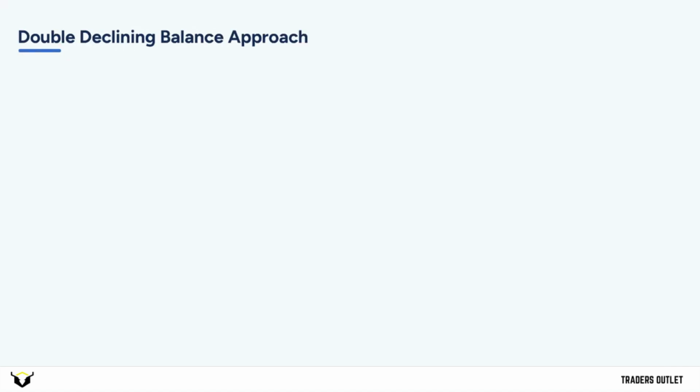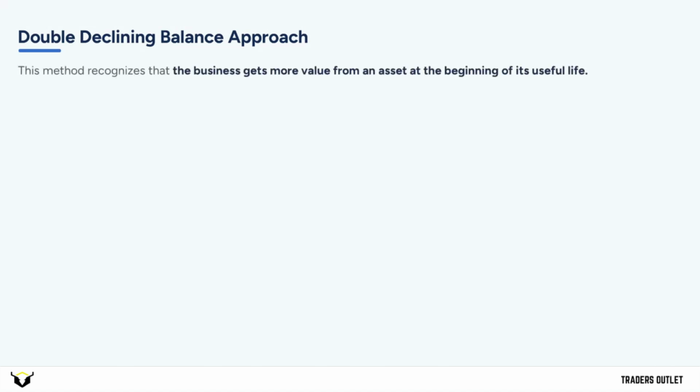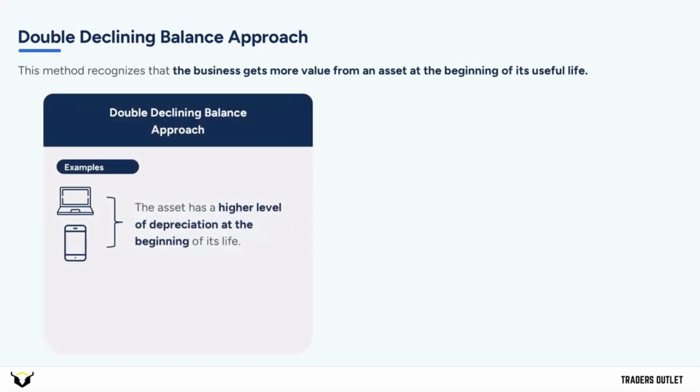Now, let's look at another popular depreciation approach. It's called double declining balance. This method is really the most appropriate where an organization expects to get more value from an asset at the beginning of its useful life. The equation to calculate depreciation using this method is 100% divided by the useful life of the asset, multiplied by 2, which really doubles the decline, and then we multiply that by the opening balance or opening net book value